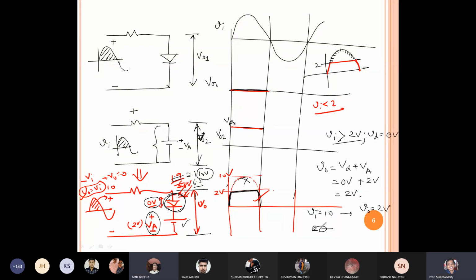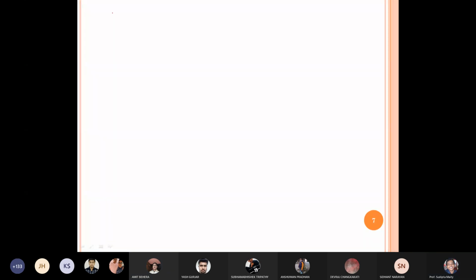Okay, very good. I will solve the same problem in the reverse direction, then you apply the same concept. Here I am again giving one resistor, but here I will give the input signal in the negative half cycle. So now it is negative, it is positive. Is it clear?